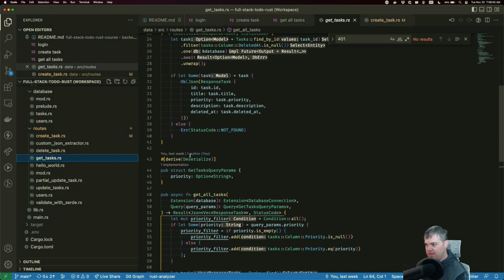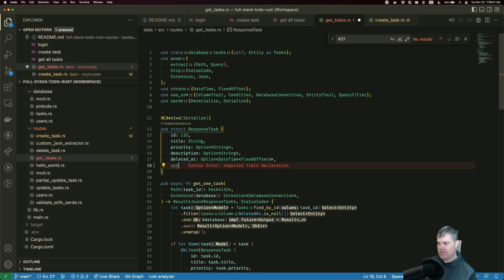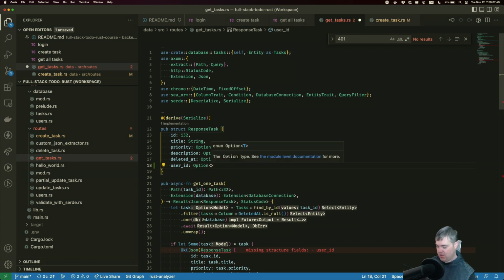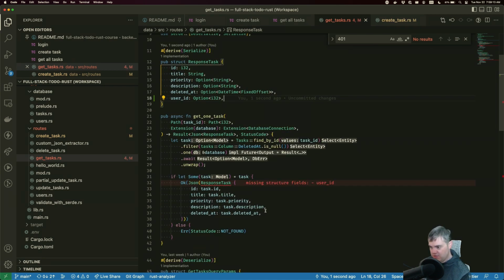Where's our response? Okay, our response task. I want to update you with the user ID, which is going to be an option with an I32. That's going to make everything upset here. So you don't have one.